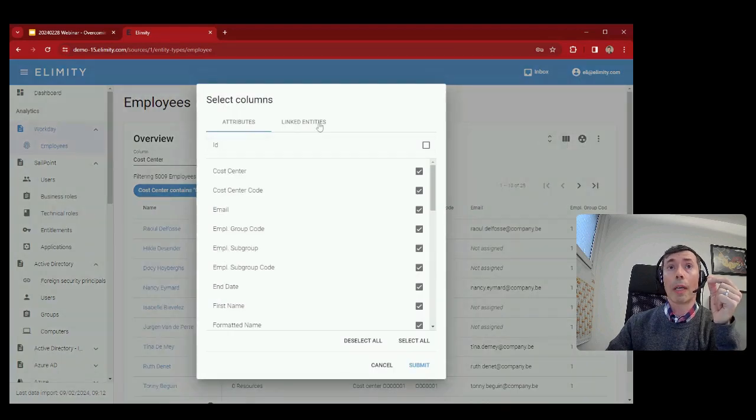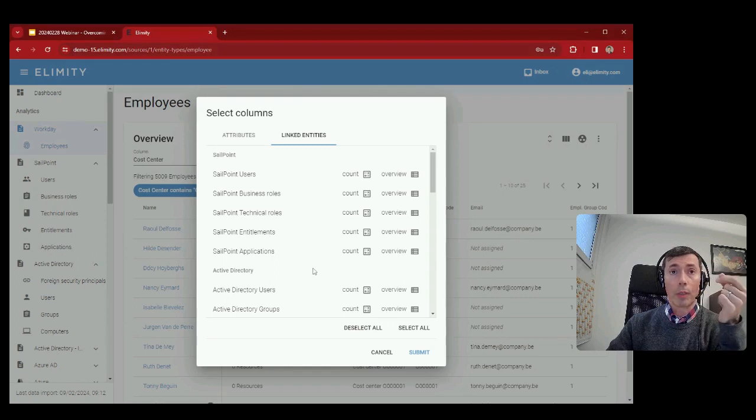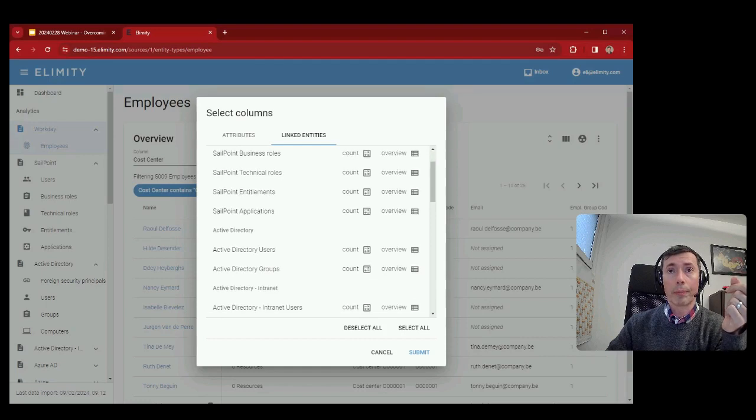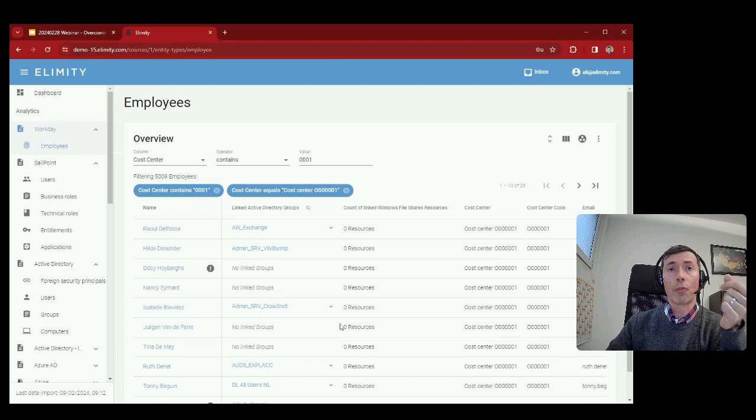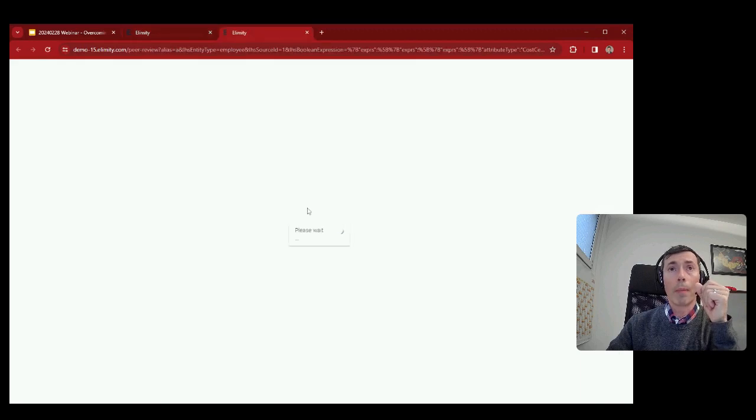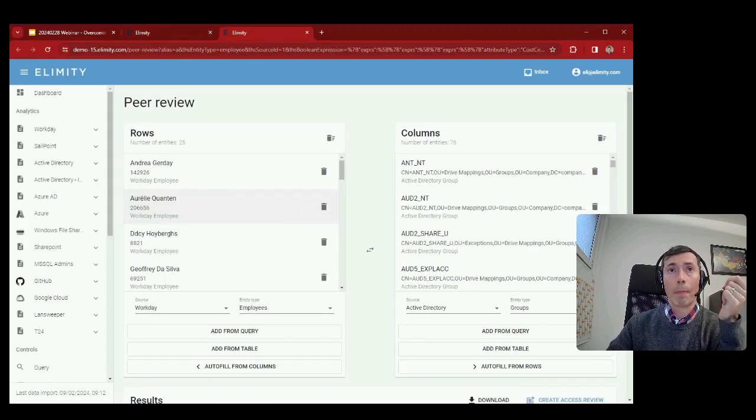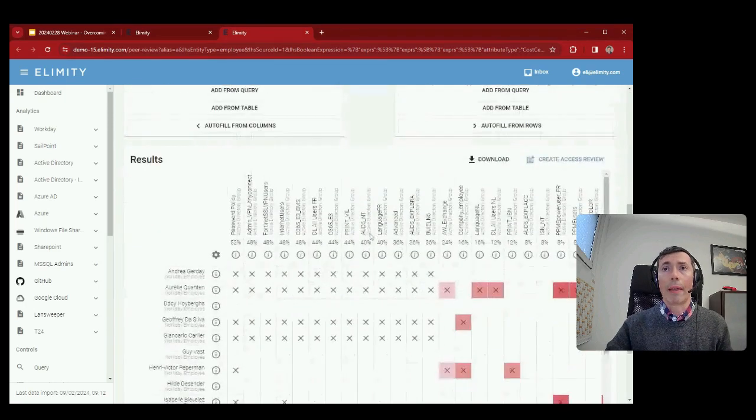So we're looking at linked entities, just like we did before, and we're looking at AD groups overview. Once we introduce this column, there's a little looking glass icon, and we can open it as a peer review. And we see that indeed we have 25 employees who are linked to 76 groups,